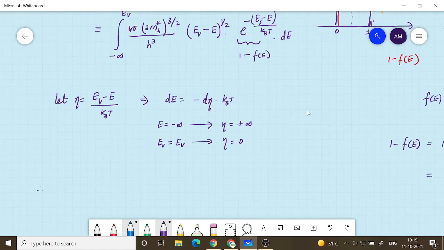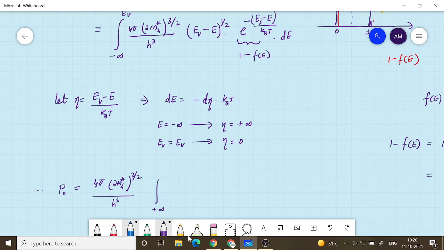Therefore P naught is equal to, now minus infinity becomes plus infinity, and EV becomes 0. Let me just take all the constants outside. So 4 pi into 2 mh star, that is the effective mass of hole, divided by h cube, then my